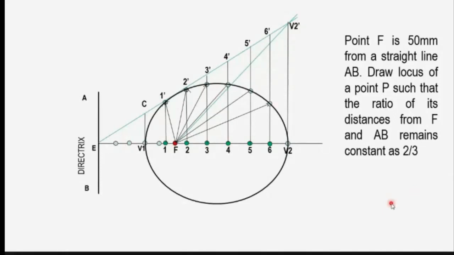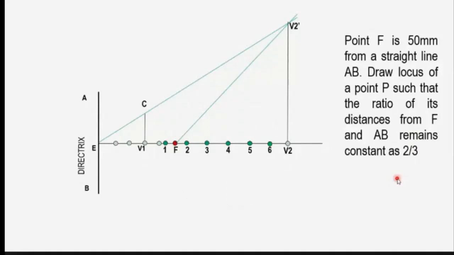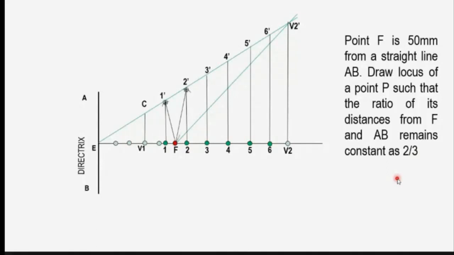Sir, if the ratio was 1/3, we would make 4 divisions and take the first point from F. Exactly. Yes, if this was 1/3 we would make 4 divisions and take the first point from F. You are right. So for drawing this type of a curve, we require at least 6 points apart from V1 and V2. Preferably, if they are equidistant, then finally the points we get, P1, P2 and so on, will also be nearly equidistant. Not exactly, but nearly equidistant.